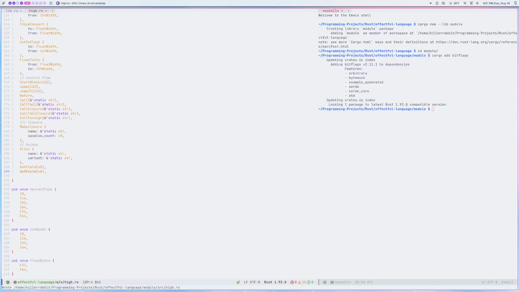And so this is for our tagged unions, and so alloc will create a tagged union off the name and variant, and basically